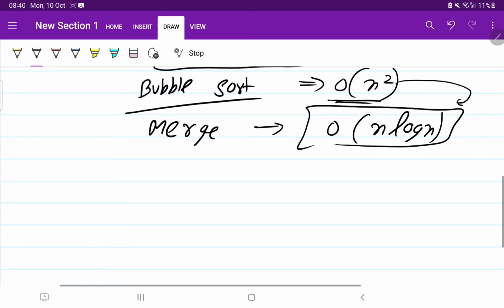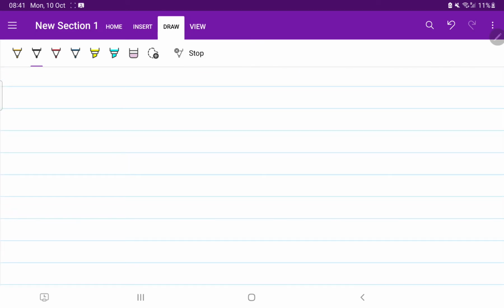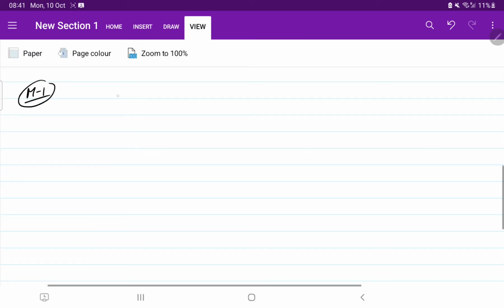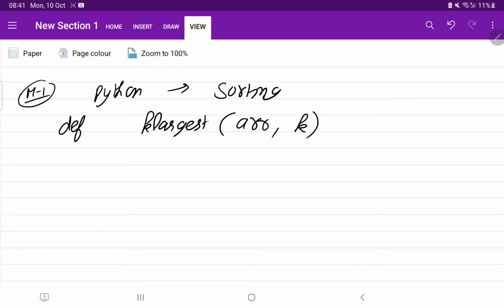So first of all I am going to write the Python syntax for this sorting method. This is the Python syntax for sorting. I'm going to write def, let the function name be k_largest, which is going to take an array and how many largest elements are required. In Python there is an inbuilt function, array.sort.